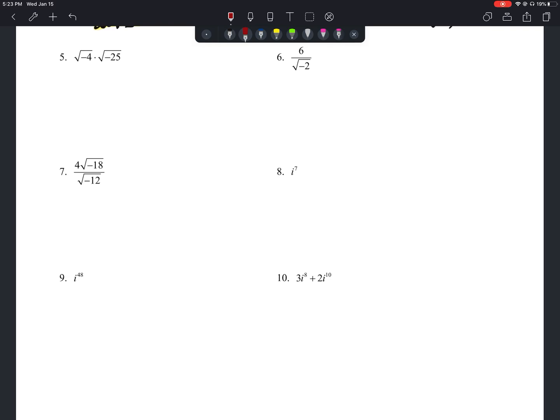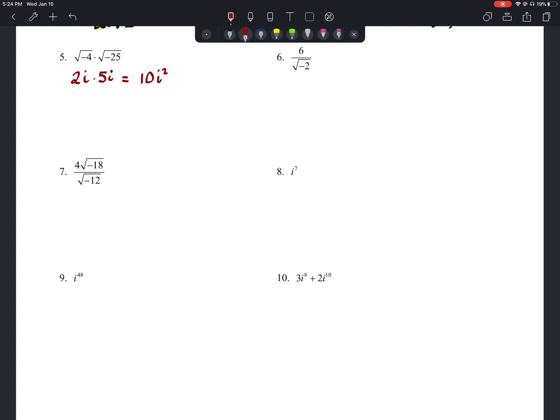Number 5, the square root of -4 times the square root of -25. Well, when we take the square root of -4, we know 4 is a perfect square, and since it's got a negative on it, this would become 2i. When we multiply that one times the square root of -25, well, square root of -25 is the same thing as 5i. We can take that and get